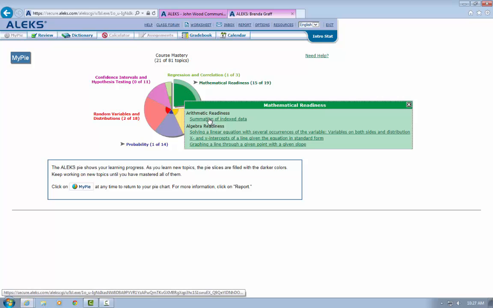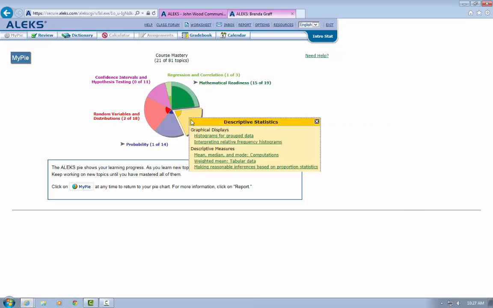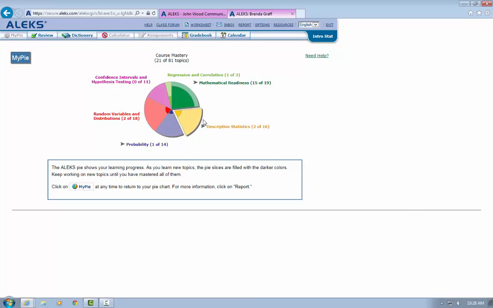Now sometimes if you're stuck on a topic, ALEKS will tell you, you need to be trying a different topic because it's saying that you don't know what you're doing. You can keep trying that topic, but you possibly need to be contacting your instructor and saying, I don't know what I'm doing on this, I need some extra help. Please use the videos, use the extra notes. I think that about explains the ALEKS and what you need to be doing on that.